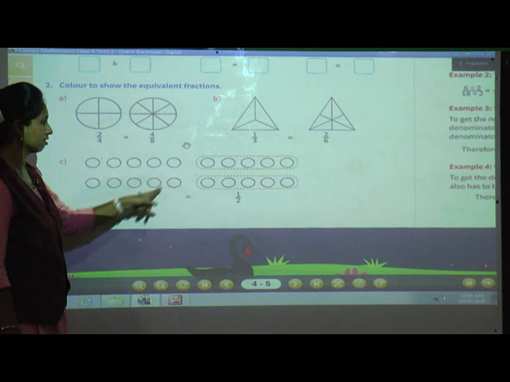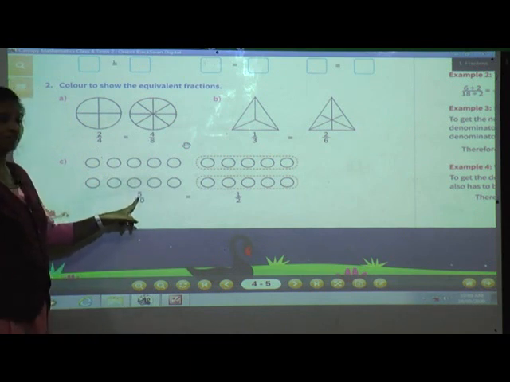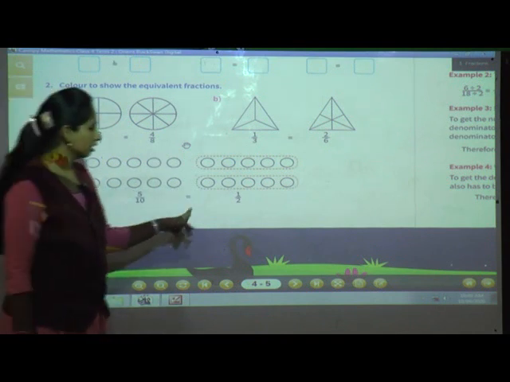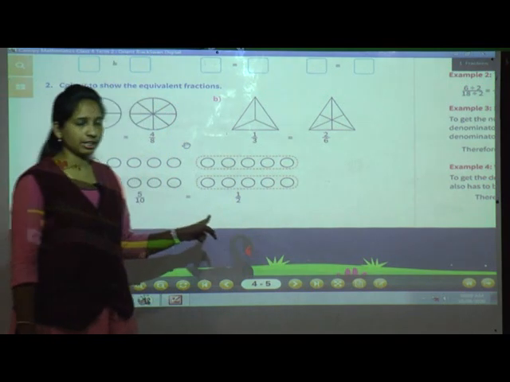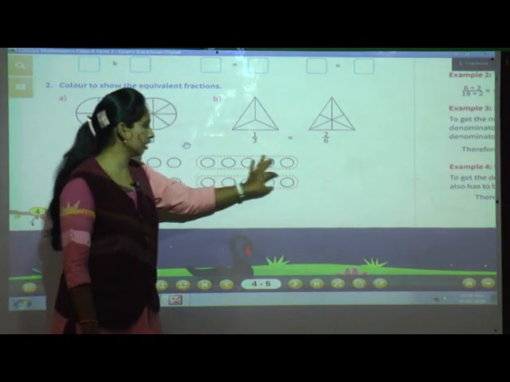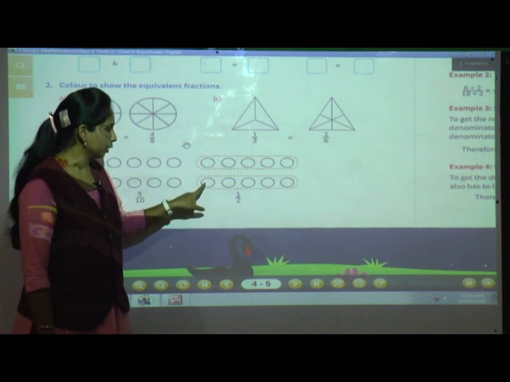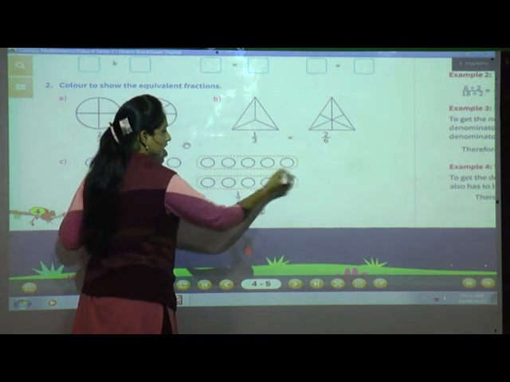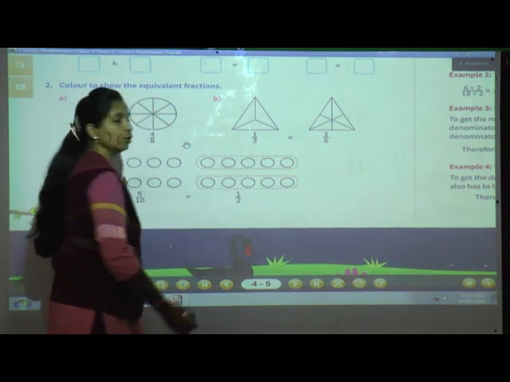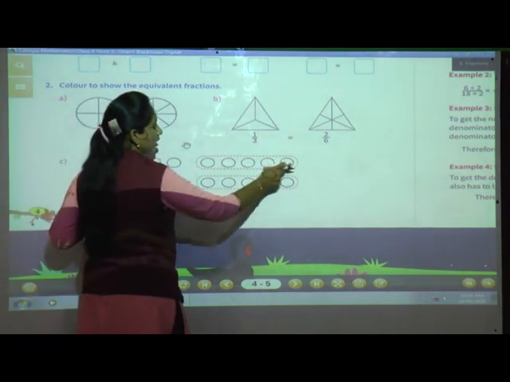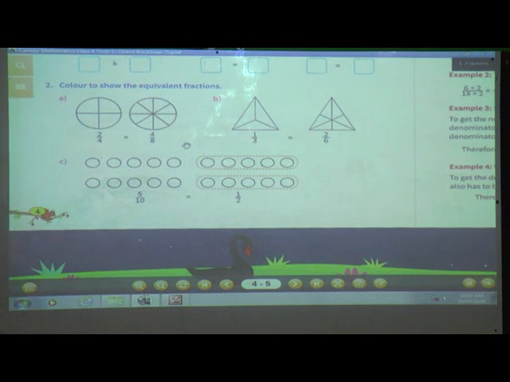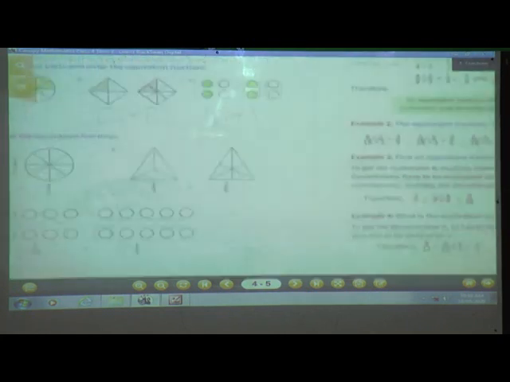Now total 10 circles are there. From that you need to color 5. So color any 5 among these 10. Now here, the equivalent 1 by 2 they had given. See why? Because they have taken 2 parts. See, 1 part, 2 parts, and from that we need to color 1. 1 means not only 1, see, they have circled here fully. So you need to color any one full part, either this or this. Understood? Clear? Yes.